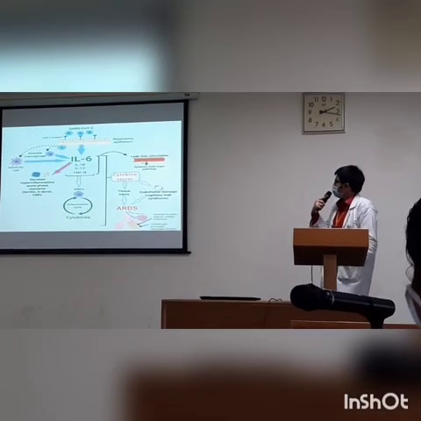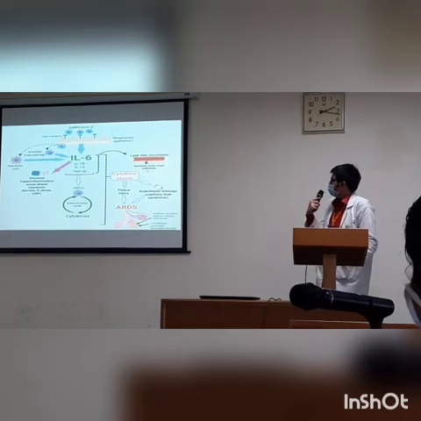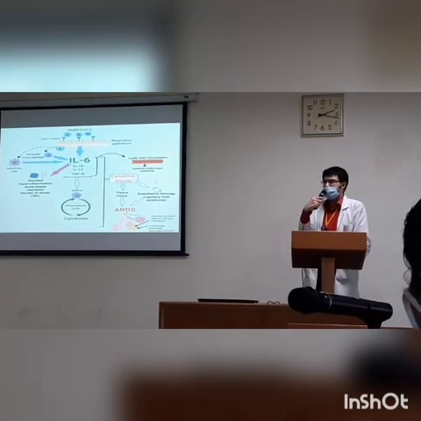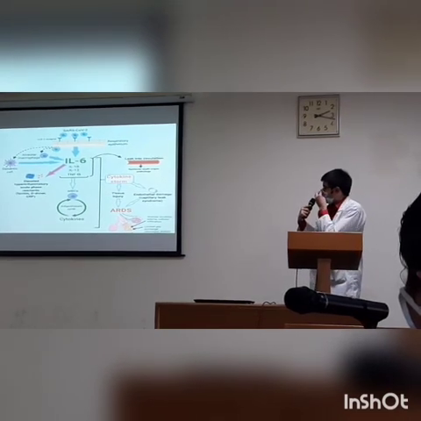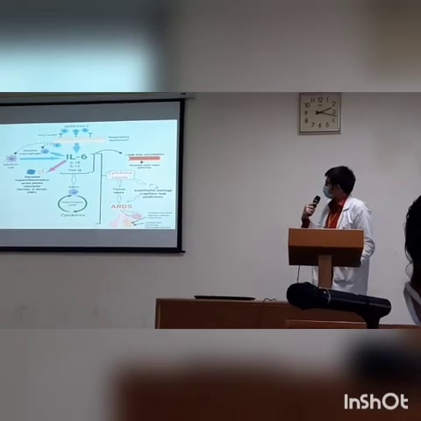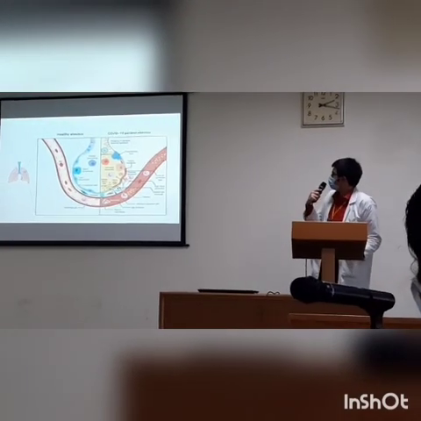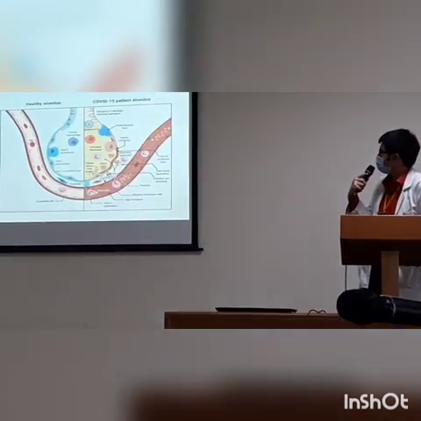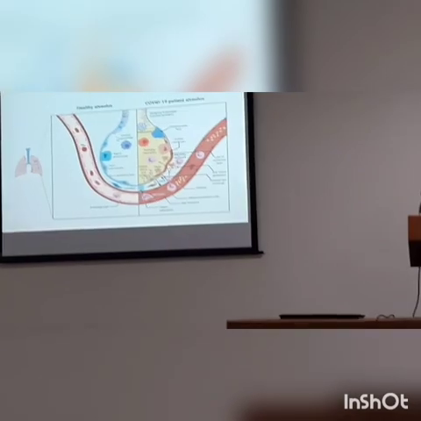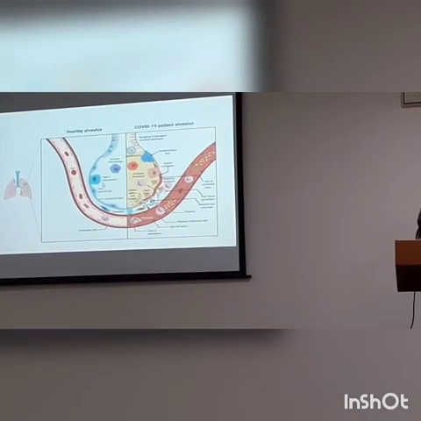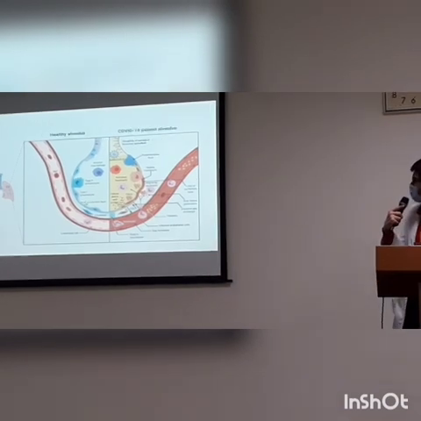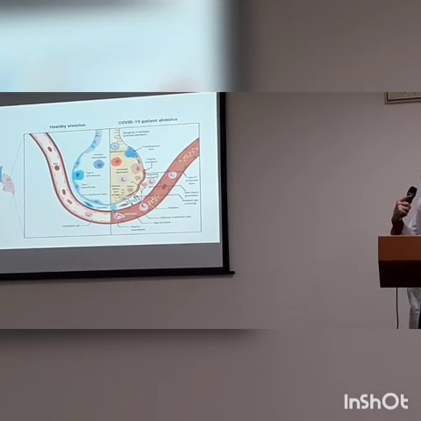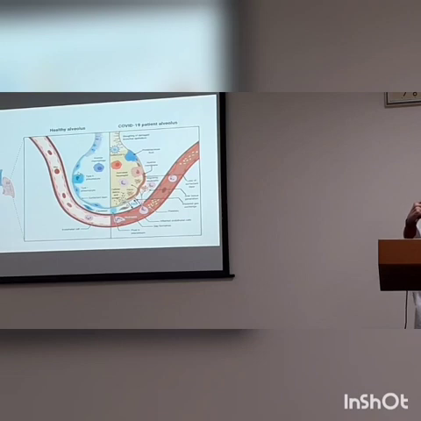And some of these cytokines also do leak into circulation, which is what explains the multi-organ pathology. They go affect the liver, the endothelial cells, the kidneys, and all those parts. Now, the cytokine storm, which basically leads to ARDS, can be explained by this putative mechanism. This is a healthy alveolus on the left. We can see we have the alveolar macrophages, type 1, type 2 pneumocytes, a surfactant layer, which is produced by the type 2 pneumocytes, endothelial cells, and everything, which is the normal mechanism that goes about in our body.